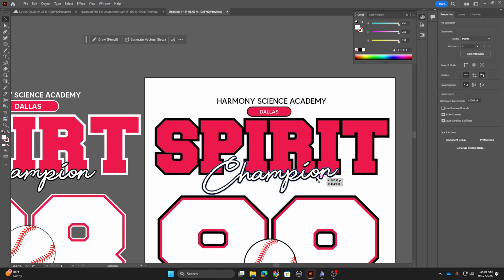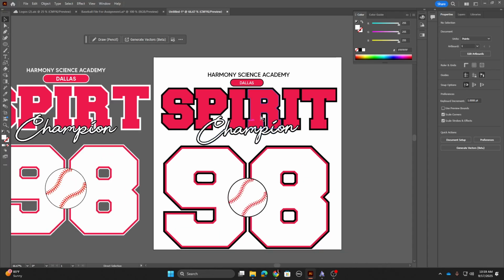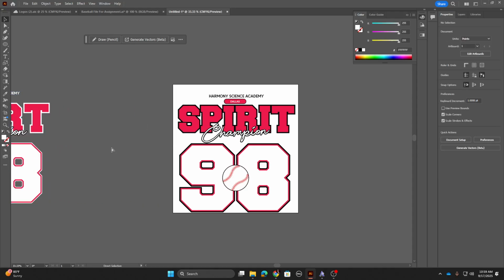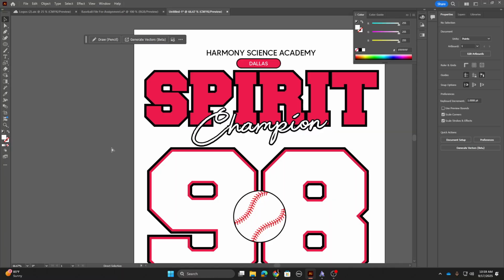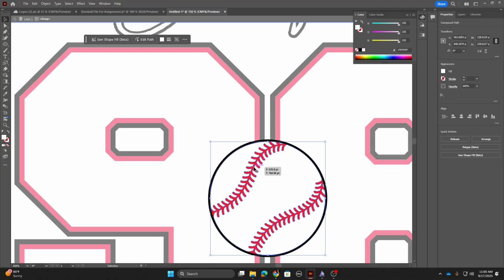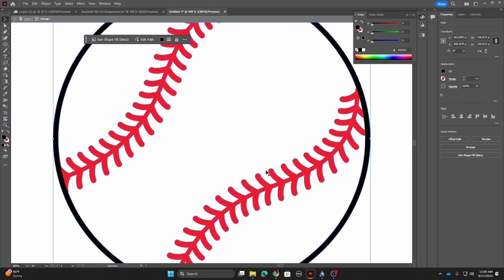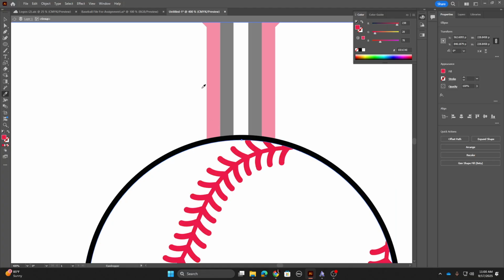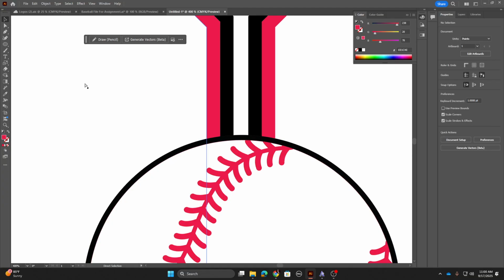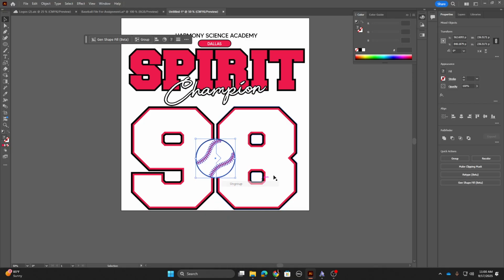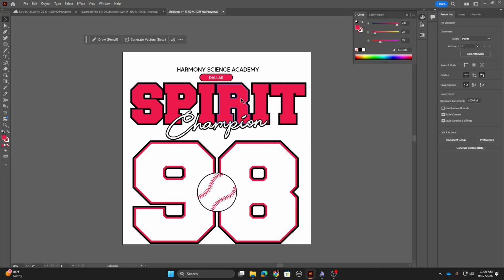Again, the main thing that I wanted you guys to understand here was how we were able to, I'm gonna move this out of the way, kind of separate these colors. Now, the reason why this is important is because if I double click here and I select this red, and make sure I select the red. There we go. I need the red to be the exact same red as this one. There we go. Perfect. All right, so if I ungroup this, I can do this where I select this red,